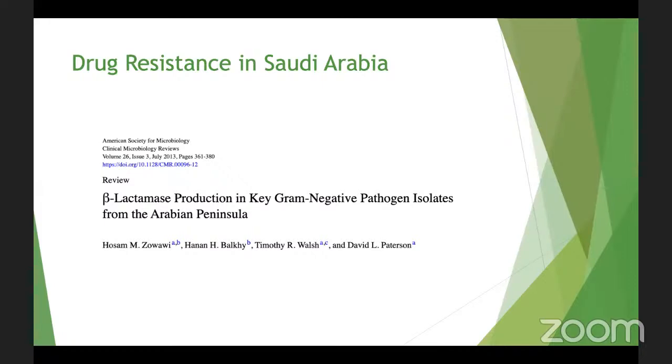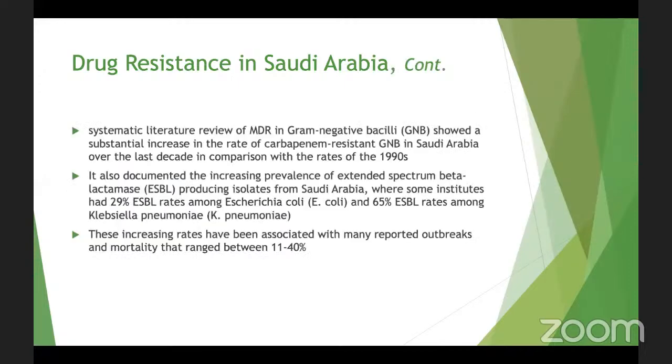Okay. So previously we were talking on the international level. Now I will talk about the national level. What is the drug resistance in Saudi Arabia? In Saudi Arabia, we have a study, Beta-lactamase production in key gram-negative pathogen isolates from the Arabian Peninsula, published in 2013. And this systematic review of multi-drug resistant gram-negative bacilli showed a substantial increase in the rate